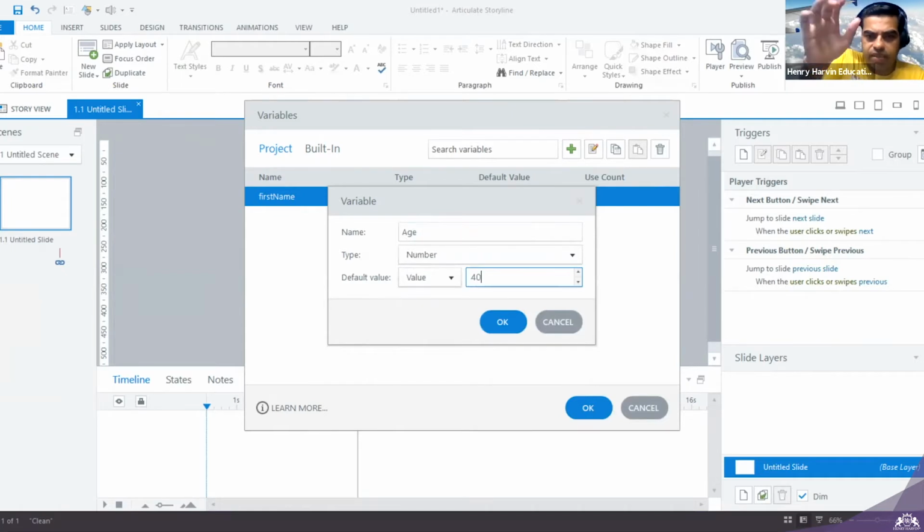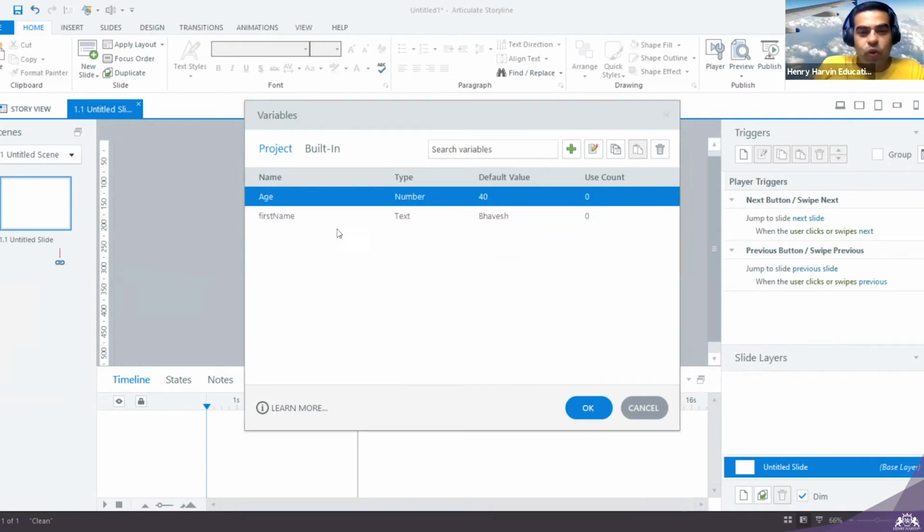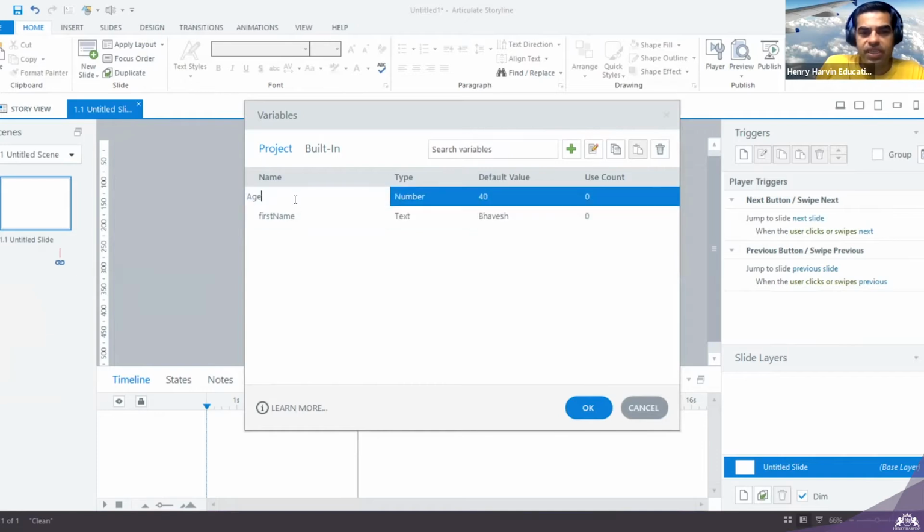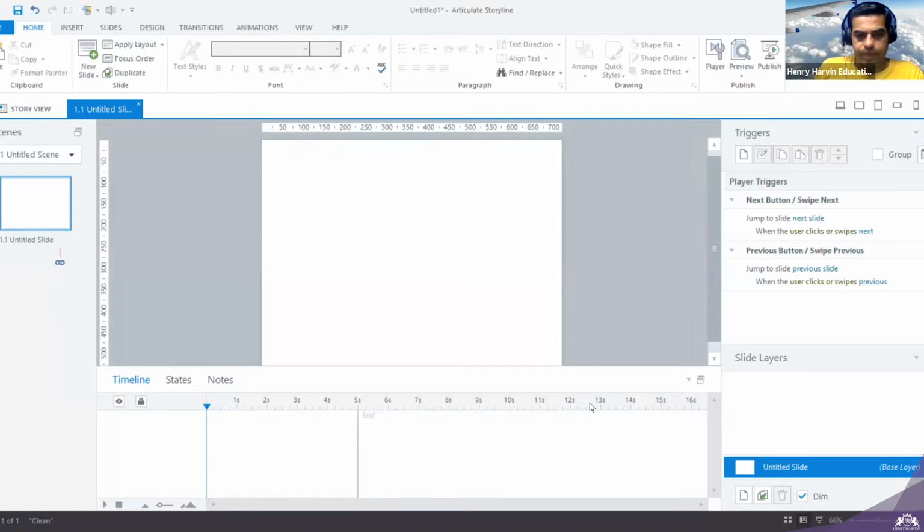So I'm just putting 40. I don't know what is my right age, so don't ask me. So can you see here, I have two variables, one is first name and one is age. I say okay.